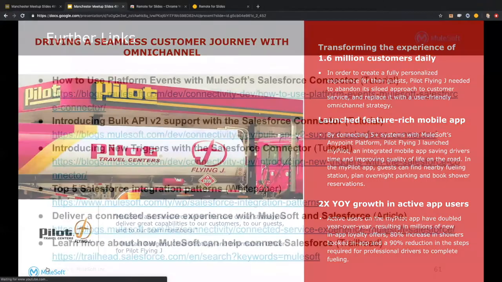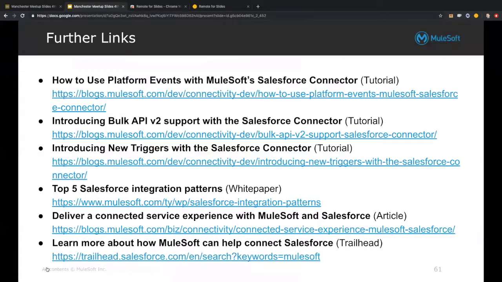And that pretty much covers the use cases we wanted to talk about today. They're overlapping, so you'll find that some of these customers have done synchronization and orchestration as well. Very few customers choose just one of them. There's usually a blend. There's a whole bunch of information you can find online in more detail about how MuleSoft works. And also, there are a lot of trails now for people who are familiar with Salesforce, to give you an introduction to MuleSoft and how you can use it to create some of the integrations we'll talk